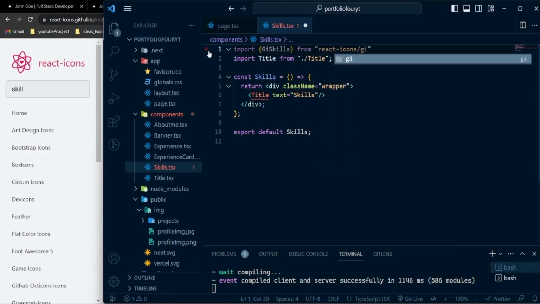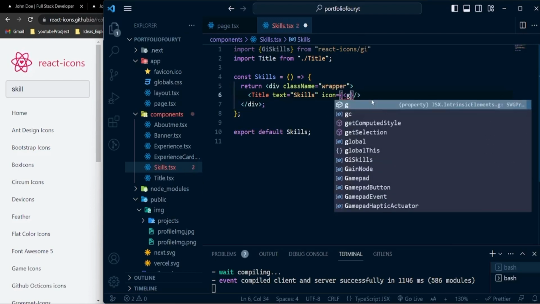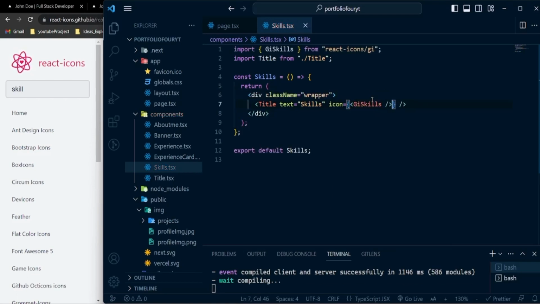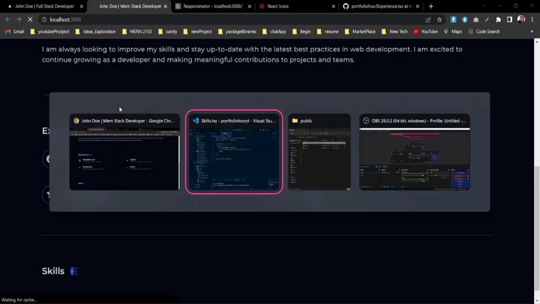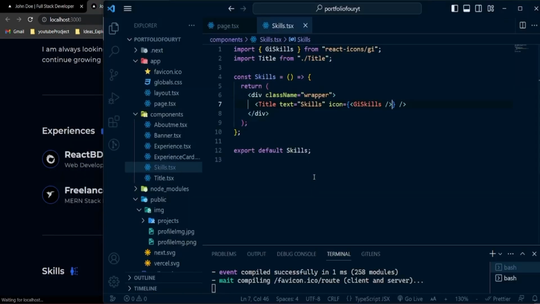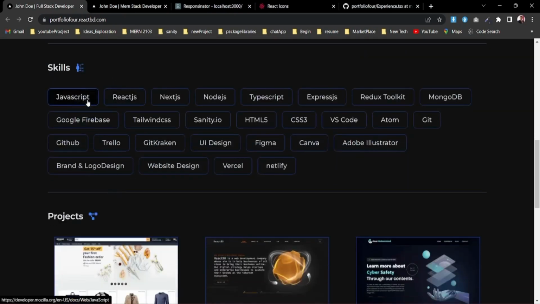Gi, and the icon, oops, gi skills. So now our skills, it will be just fine. Okay, I don't know why it's taking a bit of time to reload. Yeah, that's the skills. So now what we need to do, we need to create that portion where we're gonna